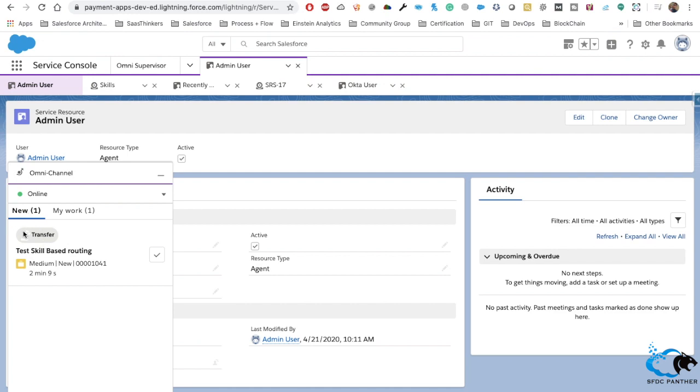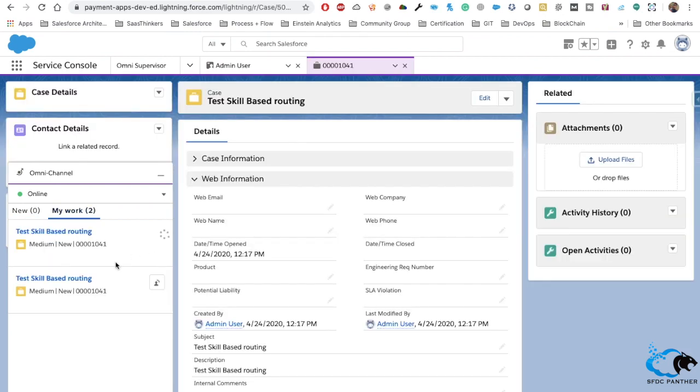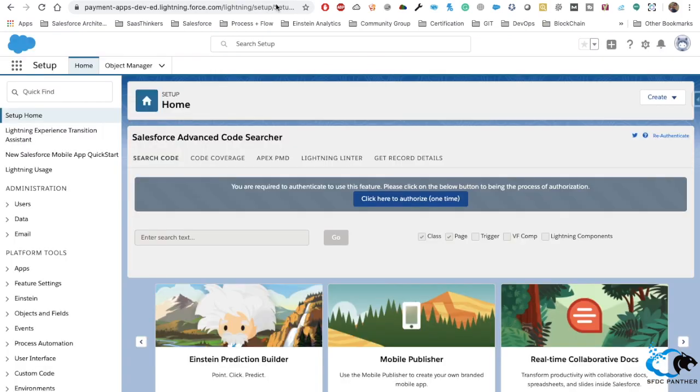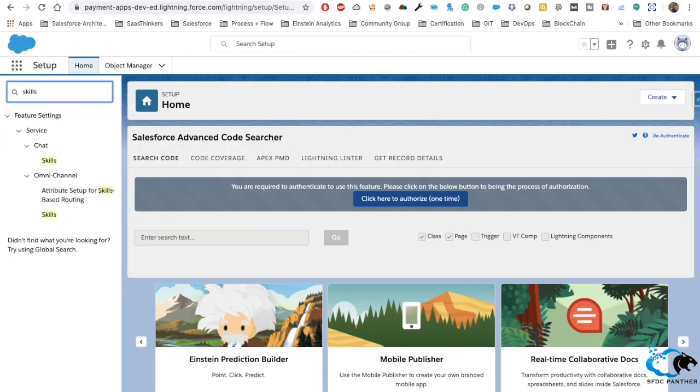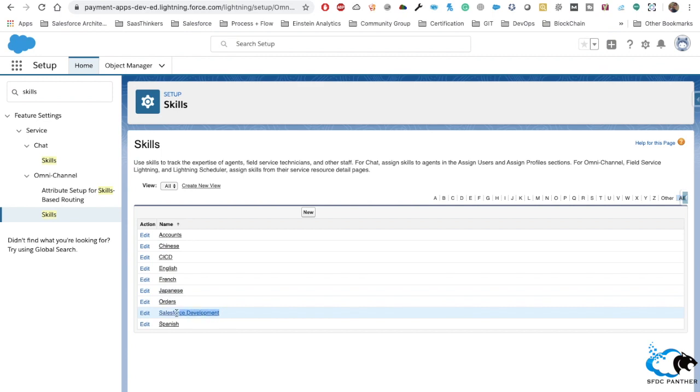You will see that now you are able to identify that this case or this work item has been transferred to you by some other agent. You can accept this, or if that is not correct for you, you can again transfer it to some other agent. So this is the one thing that I wanted to show you, that skill based routing is working. Now the other thing is that if we keep this agent online, if you go to the tab here and create some skills, suppose that we are creating more skills, we will be seeing that we have a skill called Salesforce development,